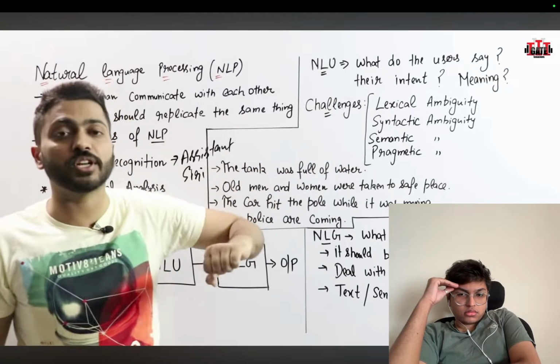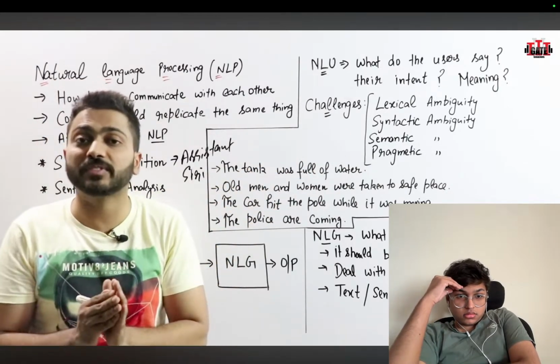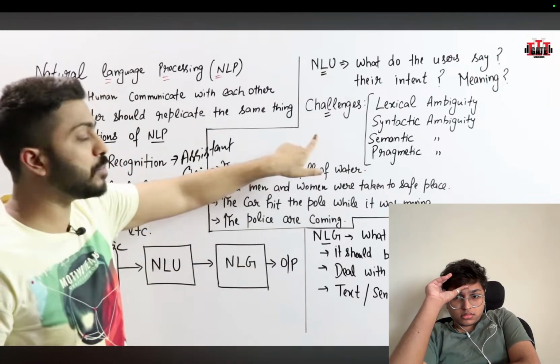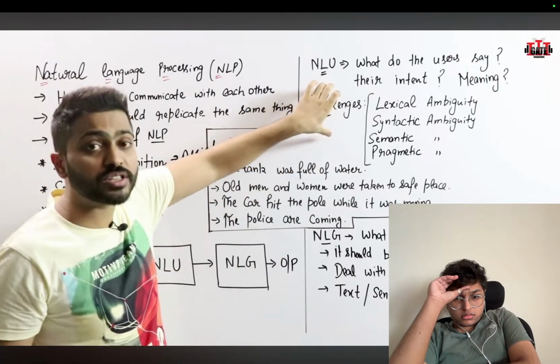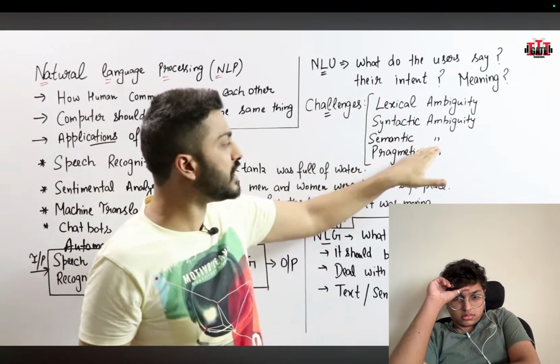एम्बिग्यूटी। मतलब जो लैंग्वेज आप यूज कर रहे हो, लेट्स से मैं इंग्लिश लैंग्वेज यूज कर रहा हूं, तो यहां पे बहुत सारे वर्ड्स हैं, बहुत सारे टाइप्स की एम्बिग्यूटी आती है, तो उस एम्बिग्यूटी को कैसे हटाना है, ये सबसे बड़ा चैलेंज है यहां पे मशीन के लिए। तो एनएलयू सॉफ्टवेयर के लिए यहां पे बहुत बड़े चैलेंजेस हैं। सबसे पहले अगर हम बात करें लेक्सिकल एम्बिग्यूटी, देन सिंटैक्टिक एम्बिग्यूटी, सिमेंटिक, प्रैग्मेटिक।